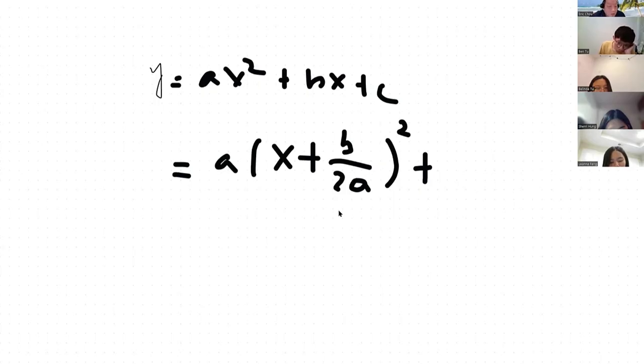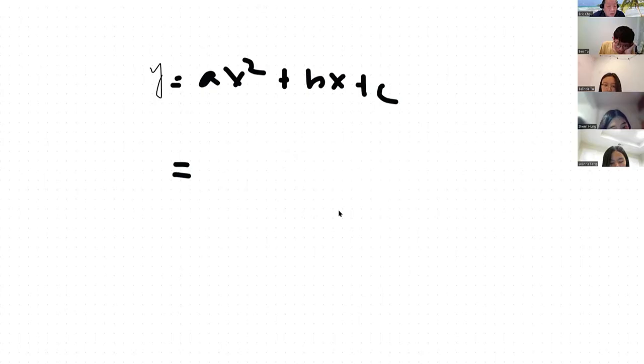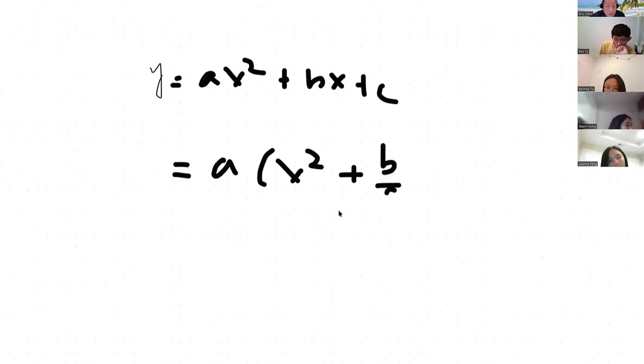Let me see. I'm sorry, let me redo it. I actually forget the equation. Let me do it one more time, okay? So this one would be equal to ax squared plus b over a x plus c,